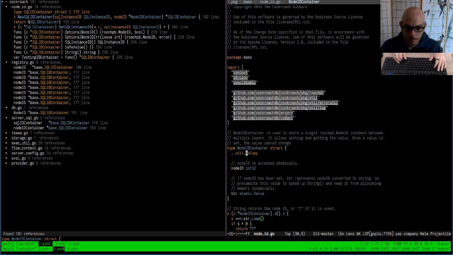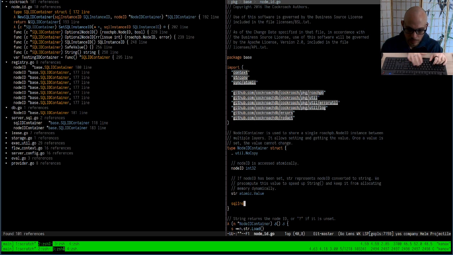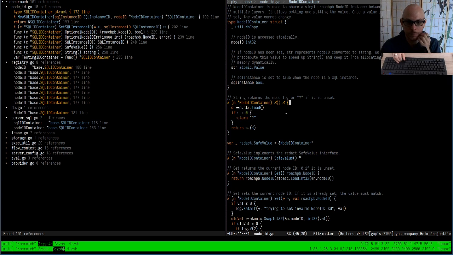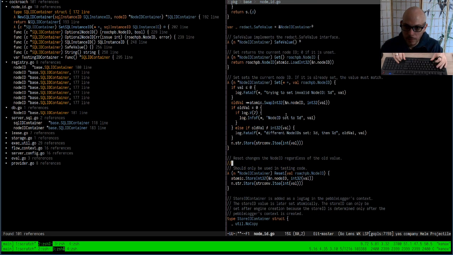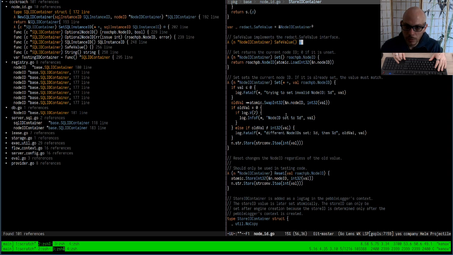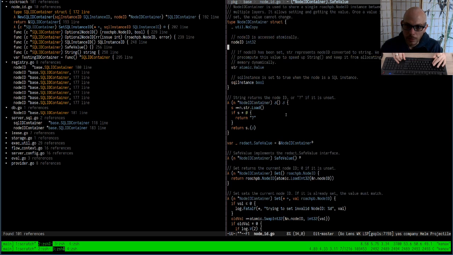So I suggest we add a boolean here. And then we will have here a node ID container like this. And then we will have some value like this. And there will need to be somewhere a